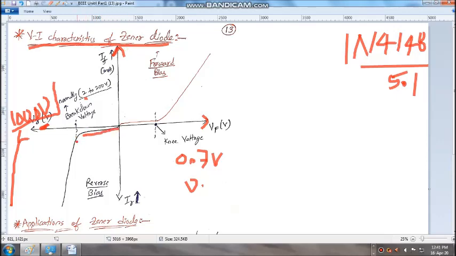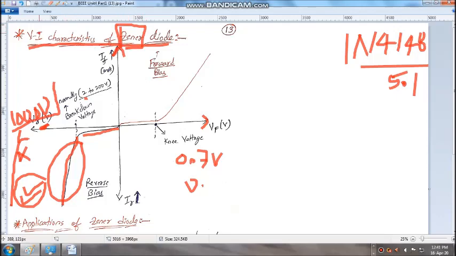Whereas for voltages greater than 5.1, the Zener diode will conduct a considerable amount of current in reverse bias condition without damaging itself. The last point is important. In breakdown region, the Zener diode will conduct a high amount of electricity, but it will not get damaged. Whereas a normal PN junction diode will get damaged if we try to operate it in reverse bias condition. But that does not happen in the Zener diode. It will perform as usual.